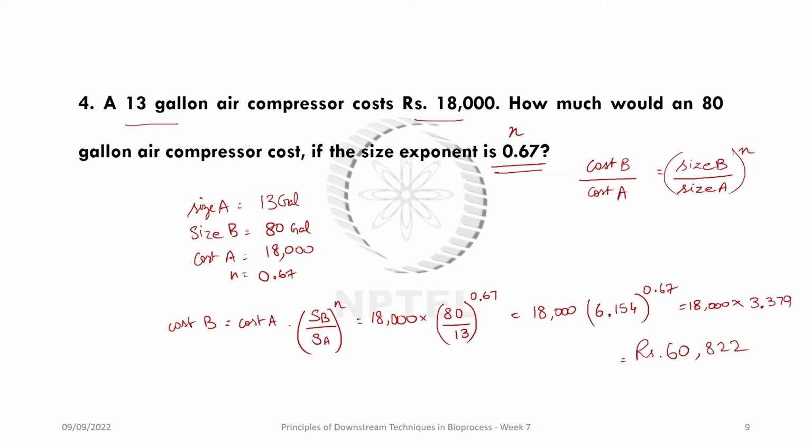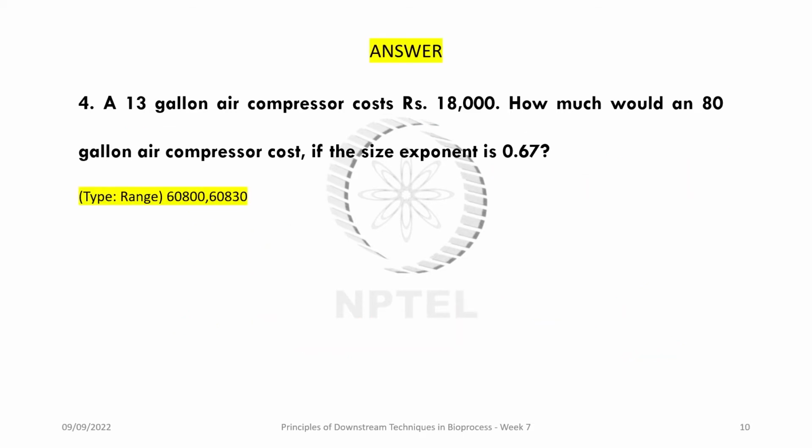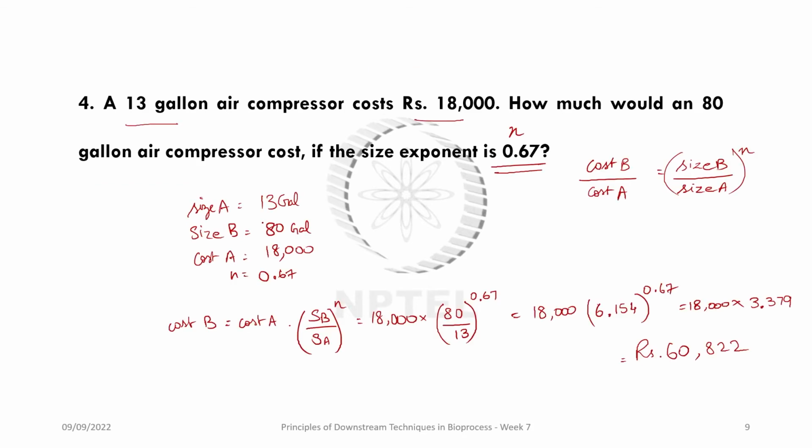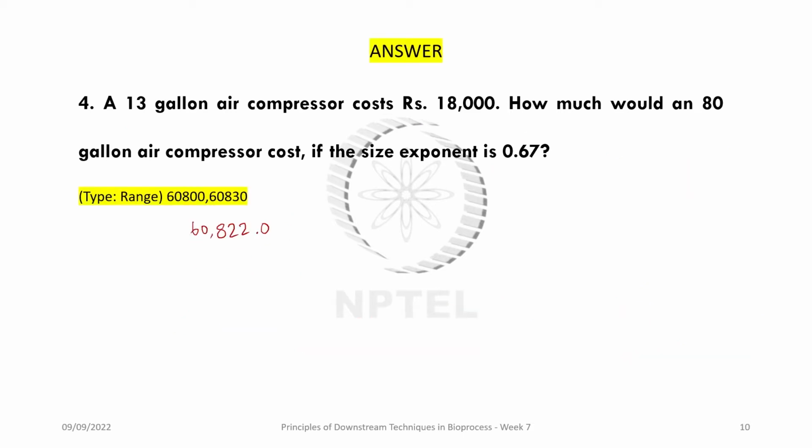Is everybody getting the same answer? So the answer that we got was 60,822. Clear? Everybody got this answer? Shall I move on to the next question? We had just rounded off things. Okay, so I'm going on to